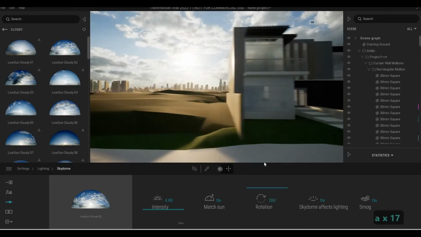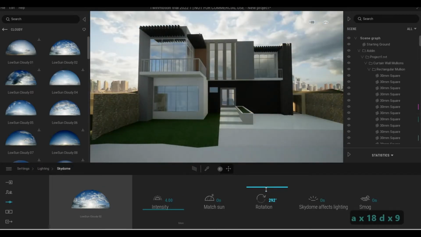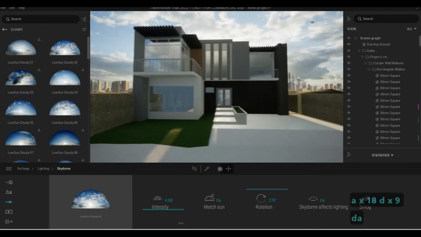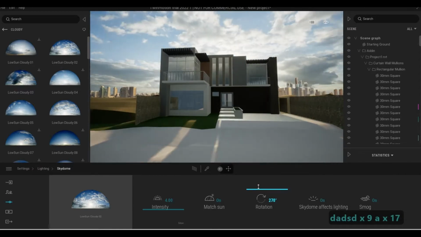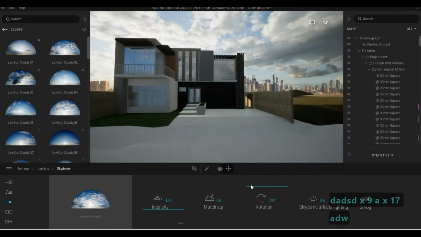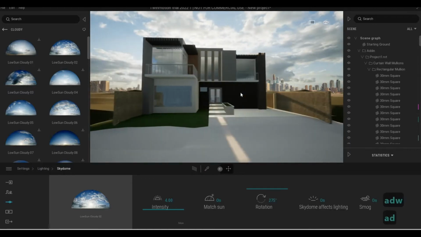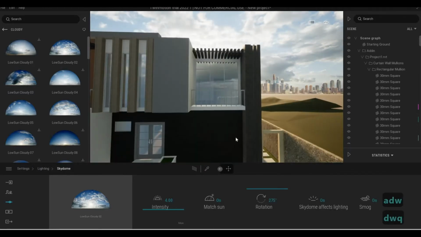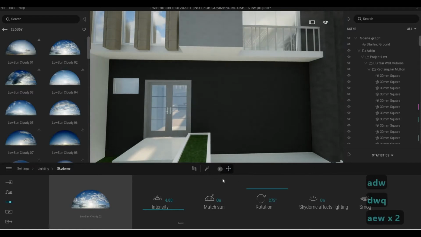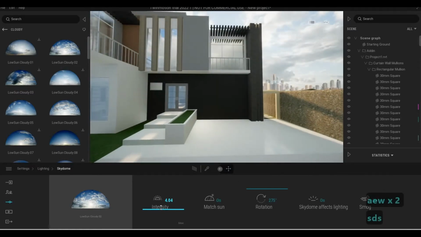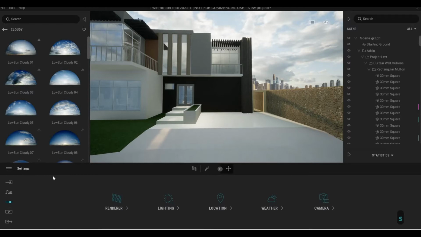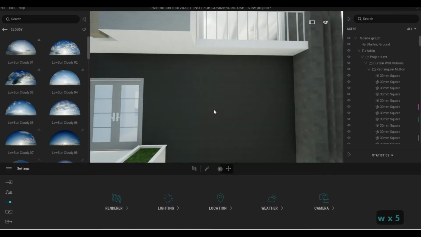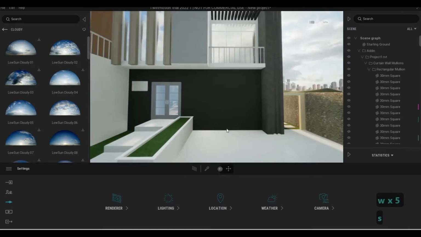I want to put it at the back so that it reflects at the back there. Something like that. And we just need to put something right here, and then we can intensify later on. So we're gonna do that later on, but right now we need to set different kinds of